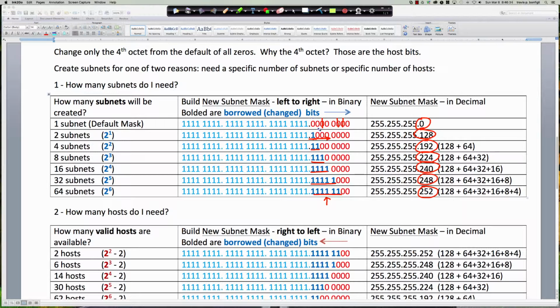Remember that the borrowed bits tell you how many subnets you're going to get, because again, we borrow 1 bit, so we get 2 subnets. We borrow 2 bits, we get 4, and then 8, and then 16. And so this is how many